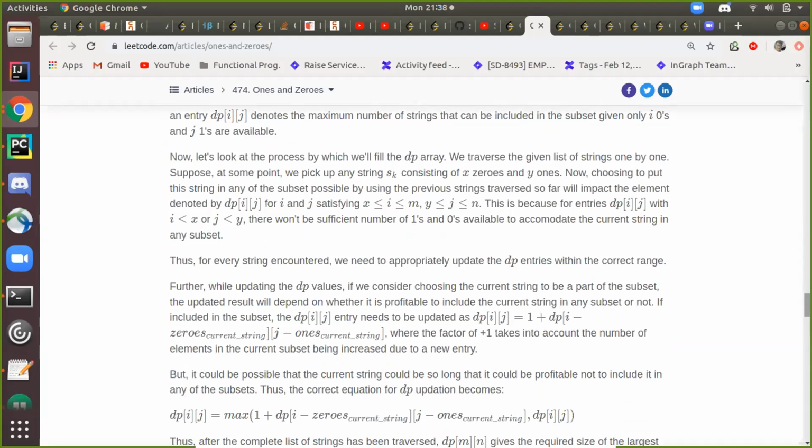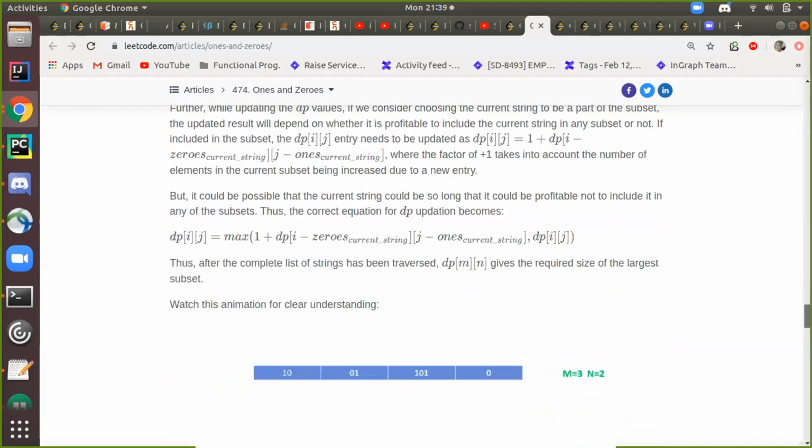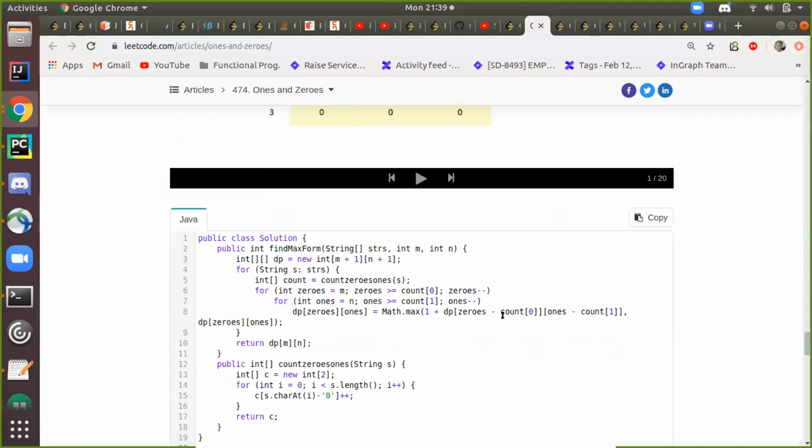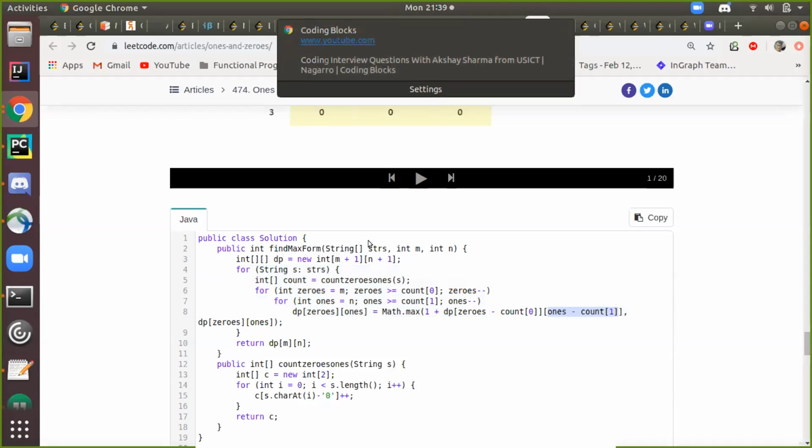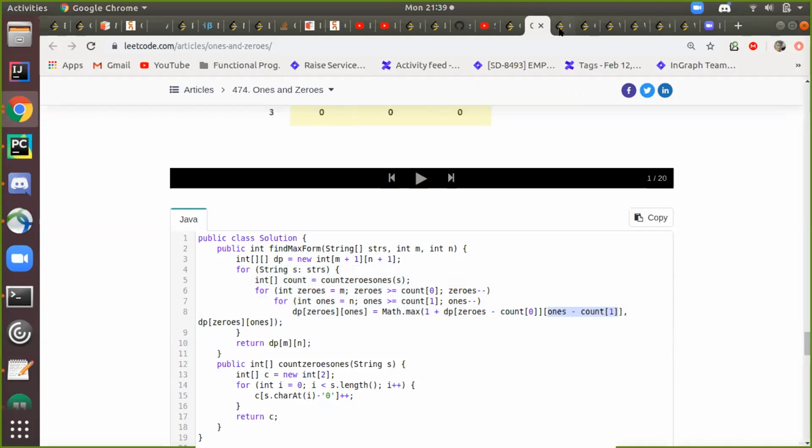He's going to every string, every 0 count and 1 count. He's just checking the number of strings with this number of zeros and this number of ones, where count 0 is the number of zeros in this particular string and count 1 is the number of ones, and he's then returning the dp of m n.